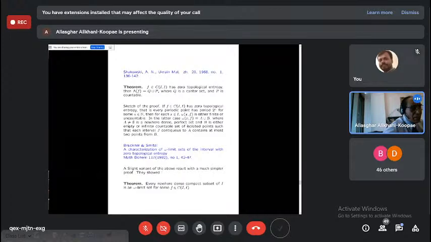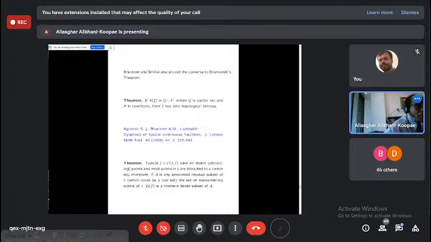Then, of course, that paper with Bruckner and Schmidt et al. also gave the same proof that every nowhere dense compact subset of I is an omega limit set of some f in C(I, I), which is a much simpler proof than the original, the other one. Okay, so